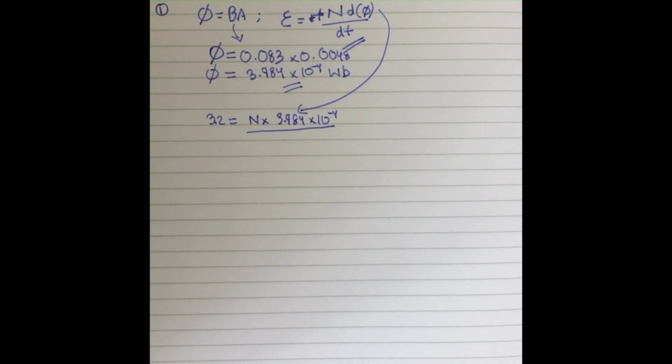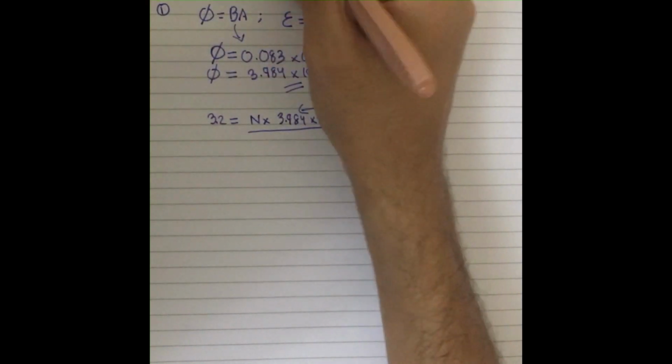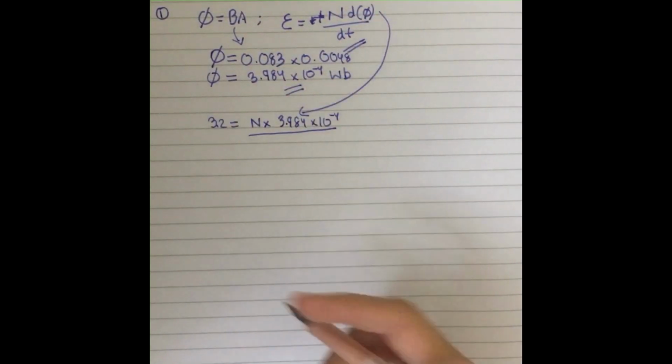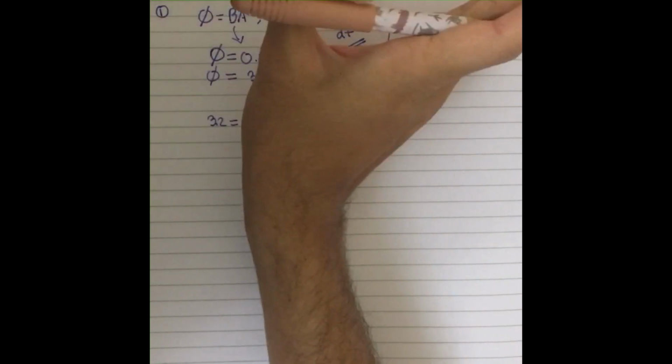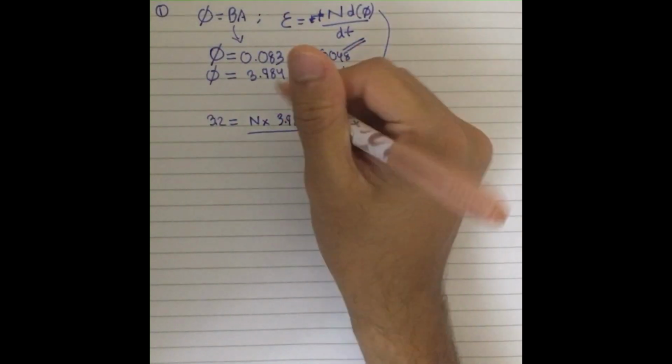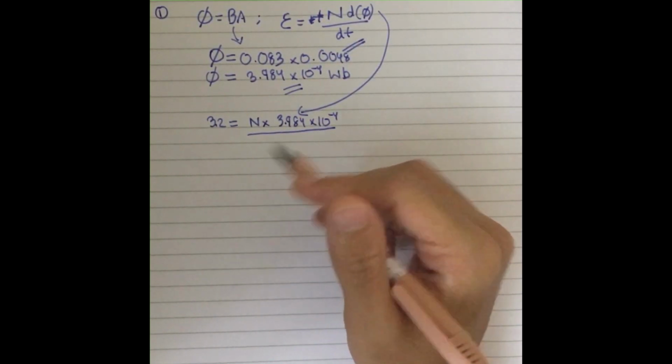For example, you have this area right here, and you just turned it 90 degrees, because that's as much as you need to find out the number of turns. You don't need to rotate it 360. You can, but you don't need to in this situation,